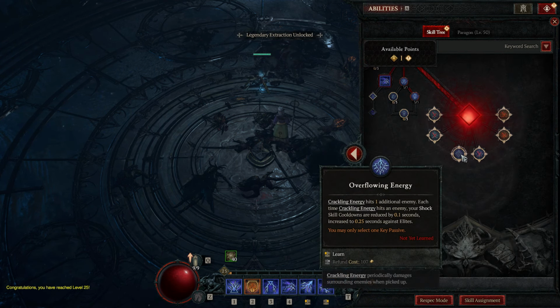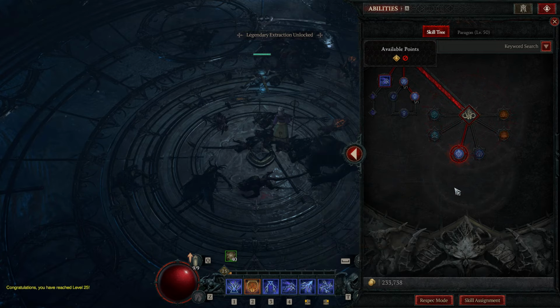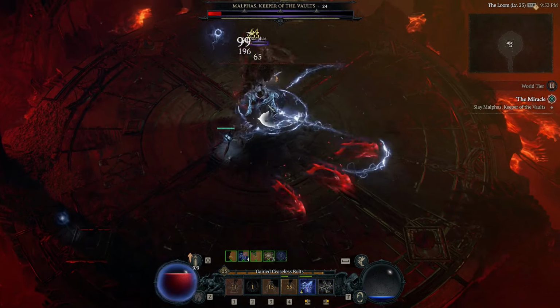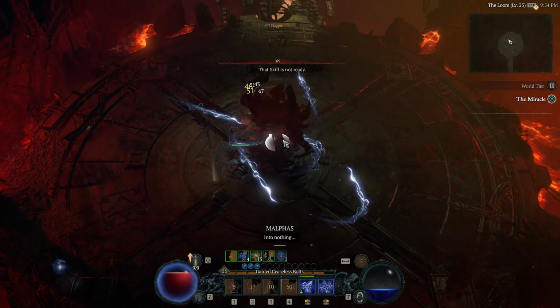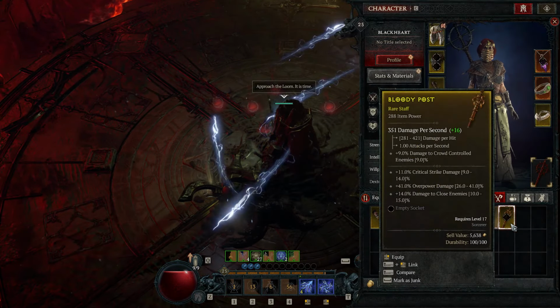Grab Overflow Energy Key passive as soon as possible. With the Crackling Generation synergy, we do reduce ultimate cooldown, also teleport and Lightning Spear cooldowns. You can finish the seasonal quest boss early on, and remember, always swap your weapon for a higher power weapon if it